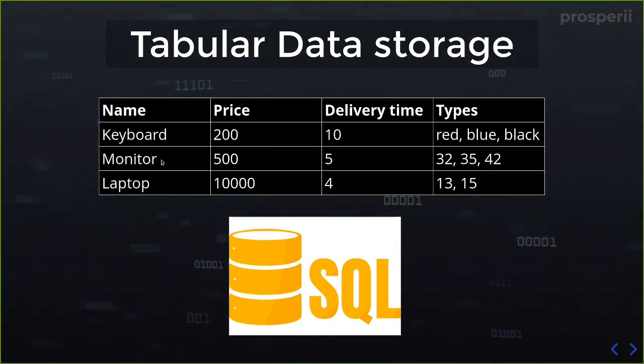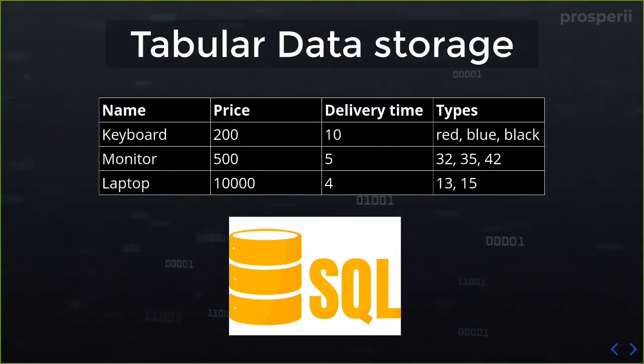Then we have a monitor, then we have a price, the delivery time, and the types of monitors which we have available. So in this particular way, we have a tabular representation of all the data objects. So now the first advantage which we get by this particular representation is that instead of storing or getting a million values,